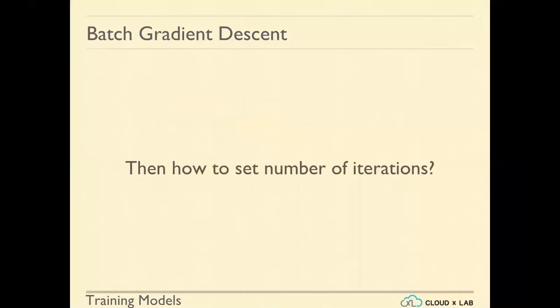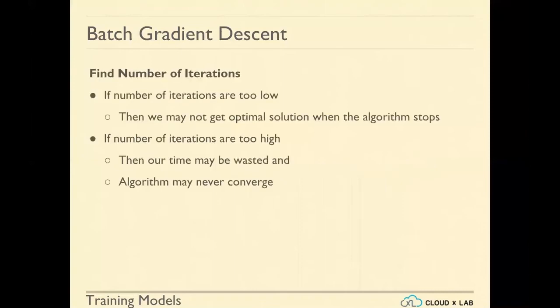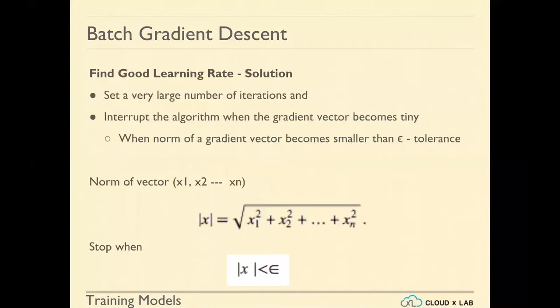The second question that Deepak and Bo asked earlier is, how do we know which is a good number of iterations? If the number of iterations is too low, we may not get the optimal solution when the algorithm stops. If the number of iterations is too high, our time may be wasted and the algorithm may not converge. So how do we find the number of iterations? One of the ways is that we set a very large number of iterations, and the moment the error is not going down,